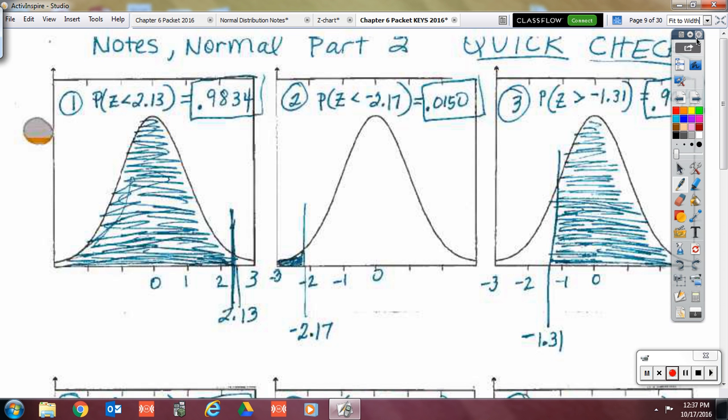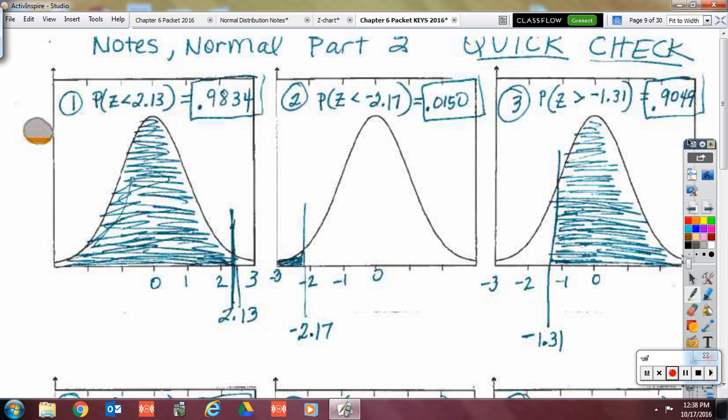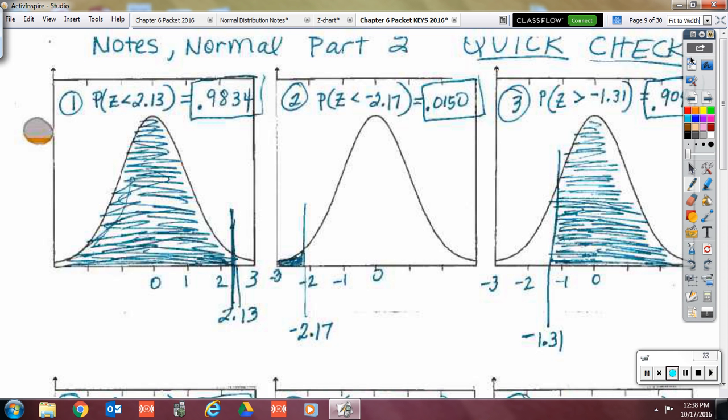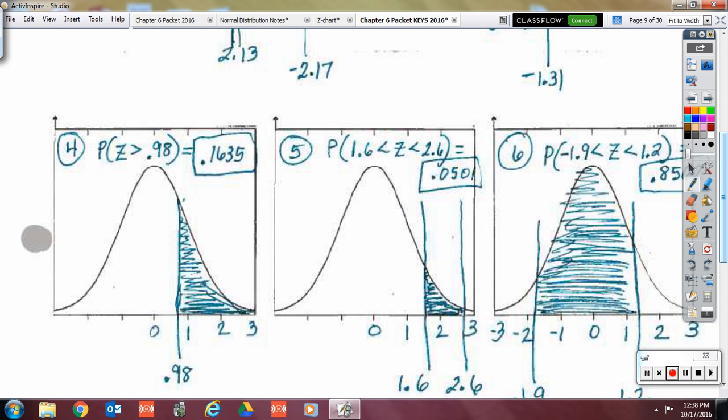Number 3 was 0.9049. Okay. All right, and then when we came to number 4, it was that area above, so you were subtracting from 1, and so that was 0.1635. Number 5 we just did, where you subtracted 0.0501, and then also number 6 you subtracted as well and got